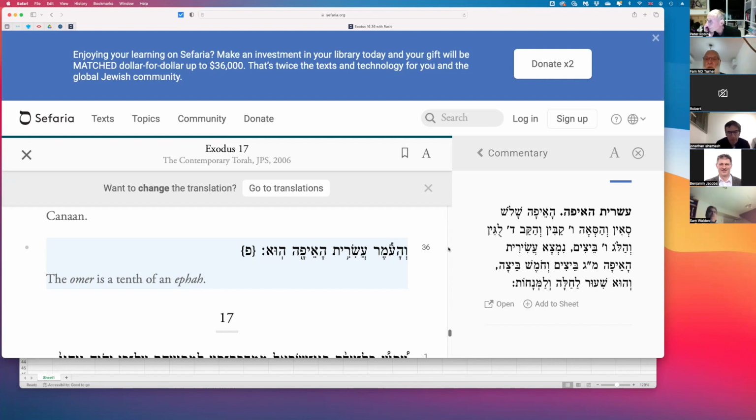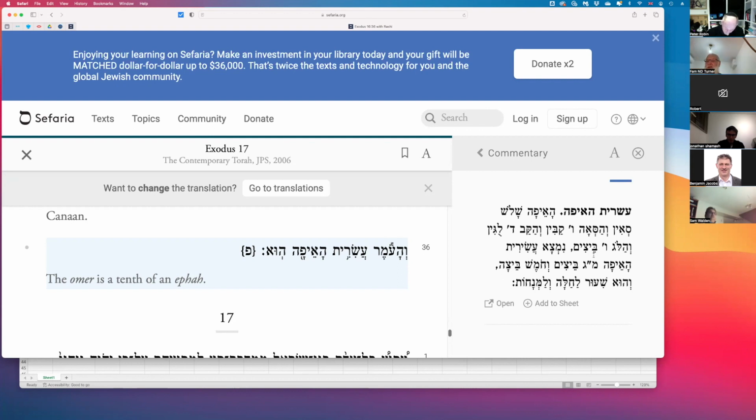So there we are. We're talking about the Mon, and it talks about an omer. Remember, they took an omer. An omer was 1/10 of an ephah. Now, what's useful is Rashi here, who tells us how to move from one to the other. An ephah is 3 se'in, the plural of a sa'ah. The sa'ah is 6 kav, and the kav is 4 lugin, and a lug is 6 beitzah. So if you multiply all that together, going from a beitzah to an ephah,